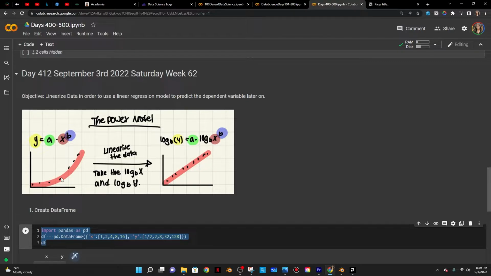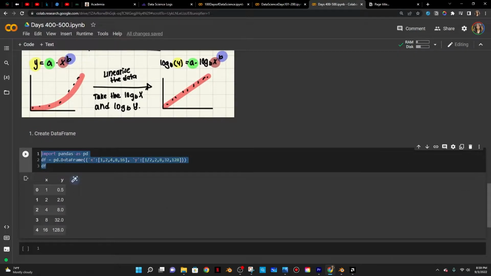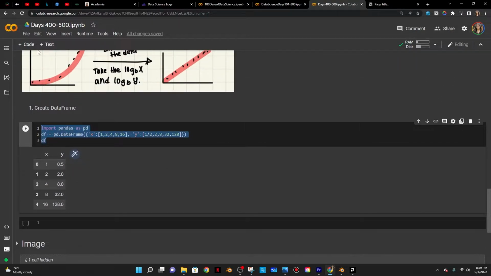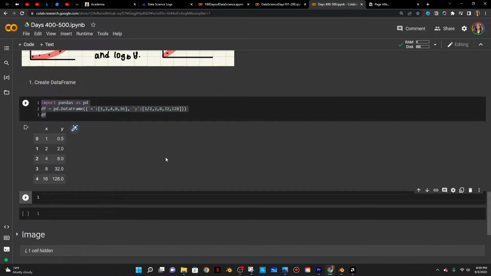A linear regression model allows you to predict one variable in terms of another, which you could do with the equation if it's linear. Right now I have this data frame and these data values, which do not give me a linear equation. If I import Seaborn, which is my plotting library, I'll be able to see the